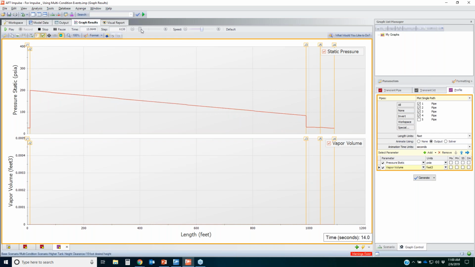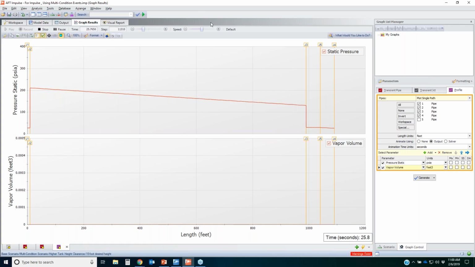Things change very little as your valve closes. That's because the valve does not start to really respond until it's almost closed. So that's when you really start to see a change in pressure. So here, let's take a look at what's happening from 25 seconds into the simulation until after my valve closure. J2, this is where my pump is. So as I continue to run my scenario,